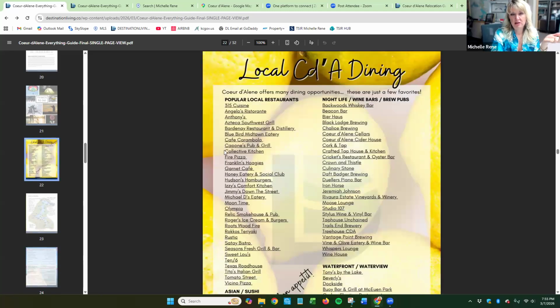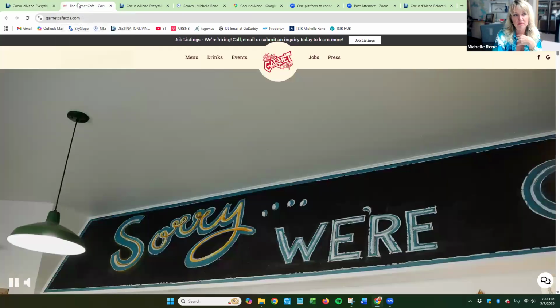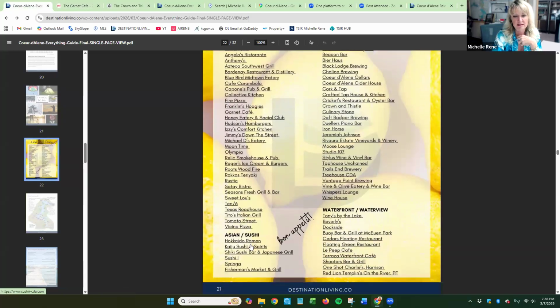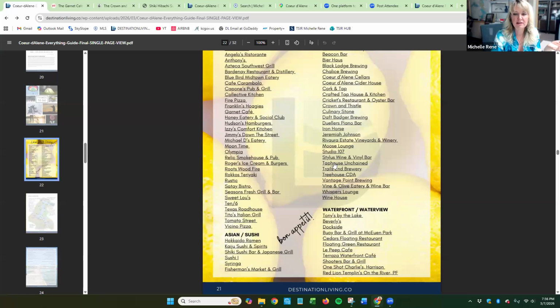And then back to the restaurants, this is much prettier, right? You're going to see it's a little more zhuzh in the PDF guide than with the online. But you can see these, if you hover, you can right click and open in a new tab, and it'll bump you over to that place. Let's see. Crown and Thistle. And then what else is popular here? Oh, we love Shiki. Shiki's right down the street from here. So good. So good. So yeah, I'm right clicking, but you can click on the thing and